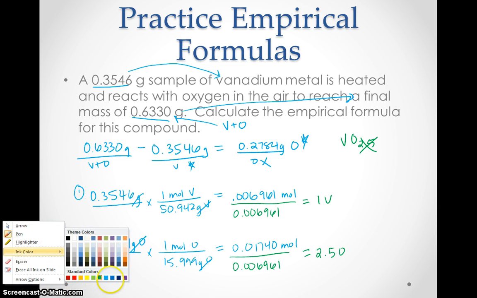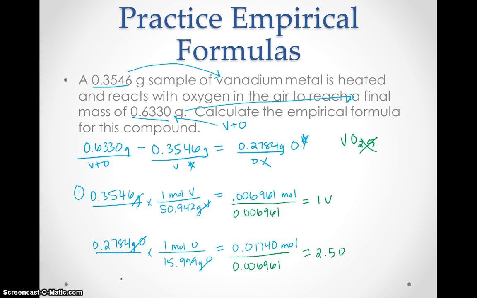So this is where step 3 comes into play. What I need to do is multiply both of these by a number that can make this 2.5 a whole number. If we think about 2.5, it's really 5 halves. So I can multiply this by 2 to get rid of